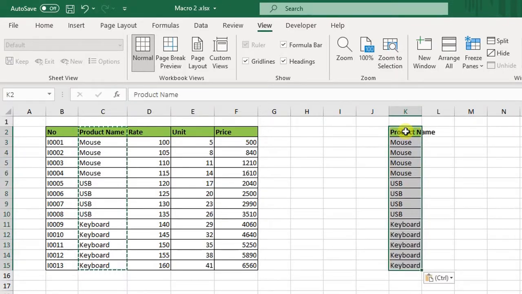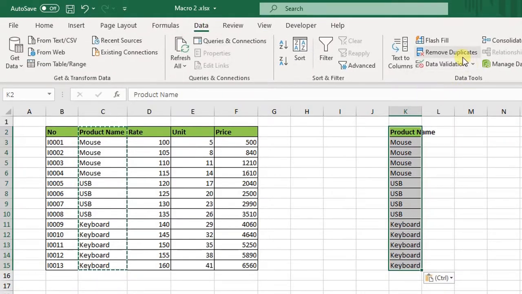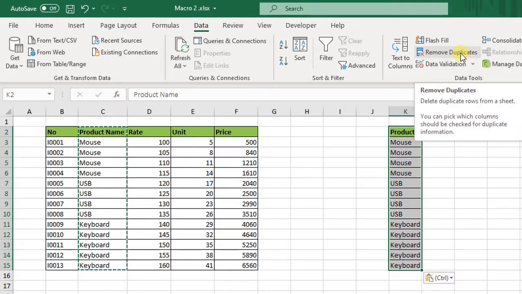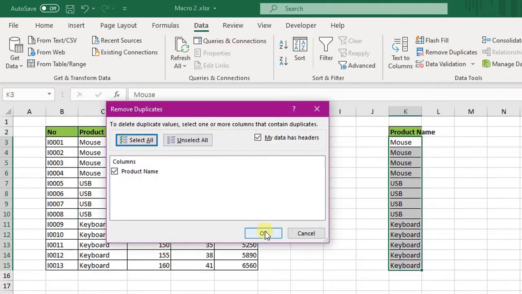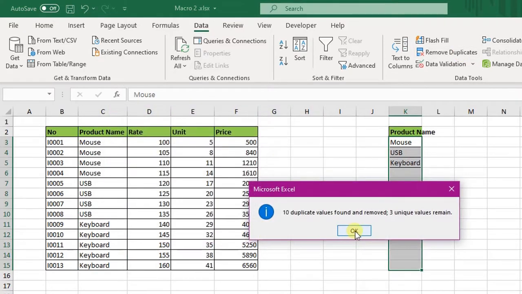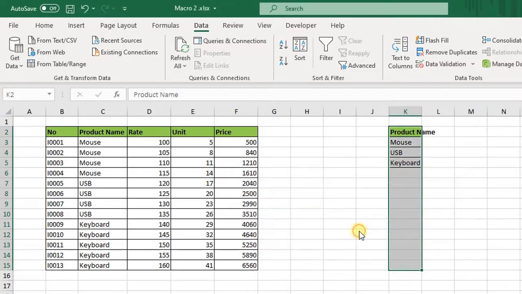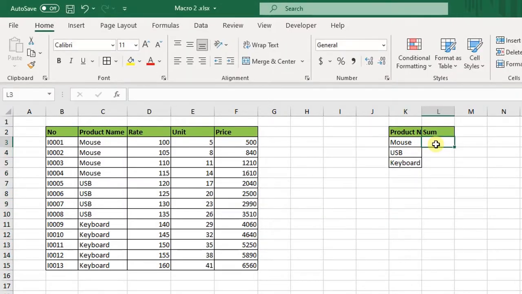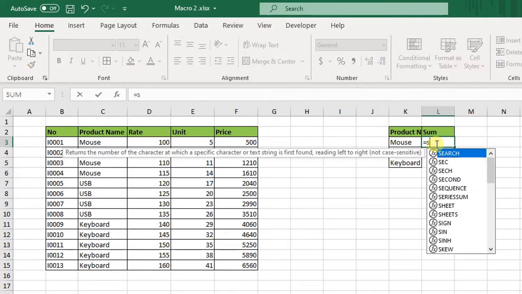After that I will go to the Data tab, and from here I will select the option Remove Duplicates and remove the duplicate values and click on OK. As you can see, the duplicate values have been removed. I want to find out the sum. So for that I will enter is equal to